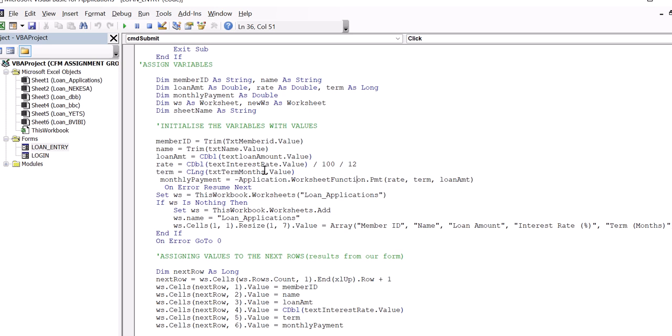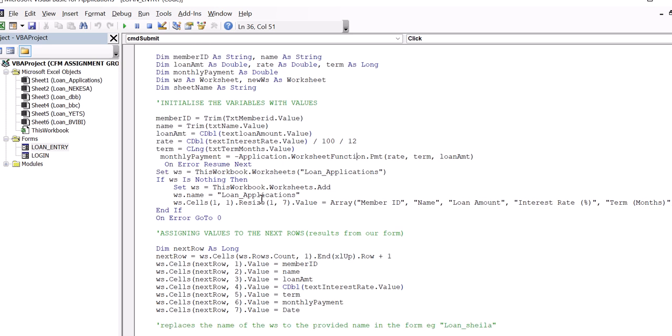Don't be confused about the CDBL, because CDBL means we are converting all these entered values to a double, convert to long, something like that. So after that, remember we have a worksheet in our workbook that we want to add. So this is the code that adds the worksheet, and then we said the worksheet name is going to be